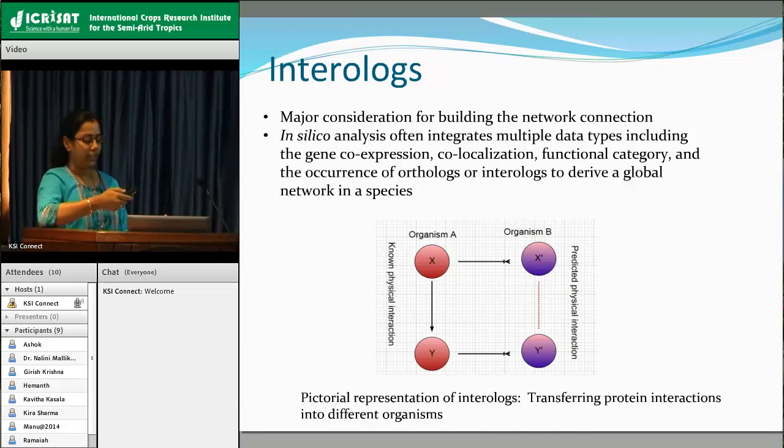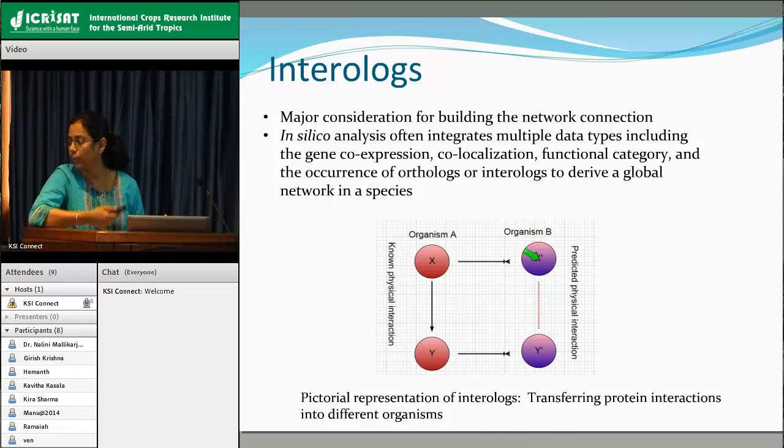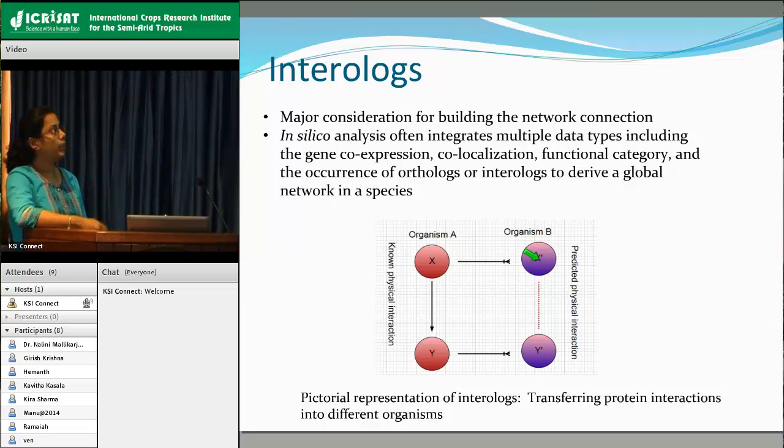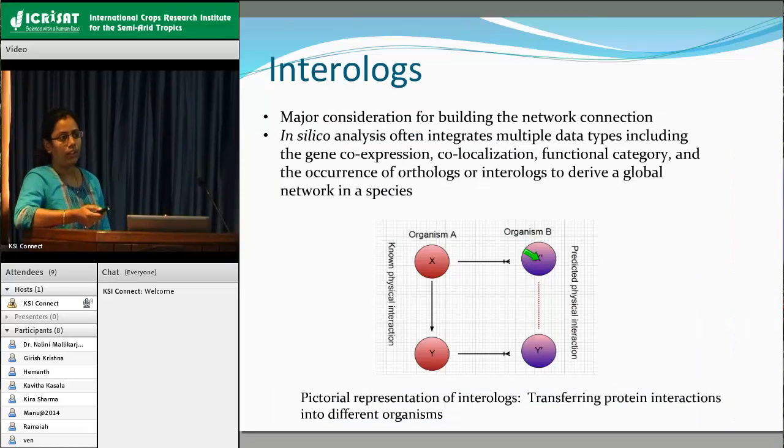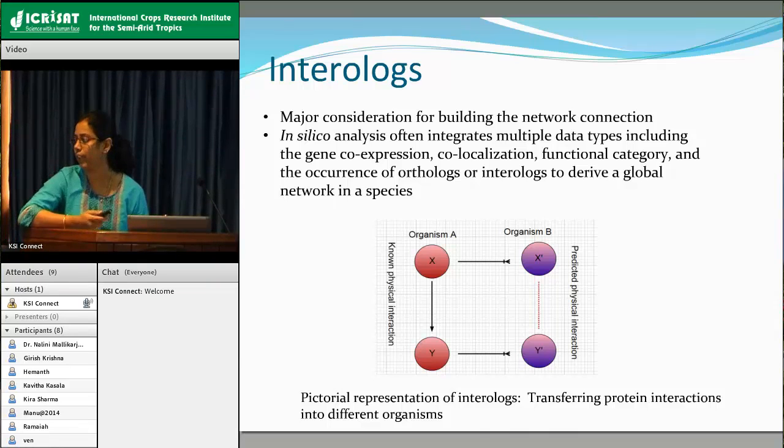So what I mean by interologs is, in an organism, if X is interacting with Y, and if X has got an ortholog in a different organism, so we say that X and Y are interologs. So X has an ortholog X1 in an organism B, but X is interacting with Y in an organism A. So that means X and Y are interologs in an organism of our interest. So that way, interolog mapping is a basic step for deriving global protein networks, protein interaction networks, and often for building a protein network or a gene network, we would like to go for gene co-expression, co-localization, and functional categories of proteins. So ultimately leading to a protein interaction network, which would further help to identify some of the markers